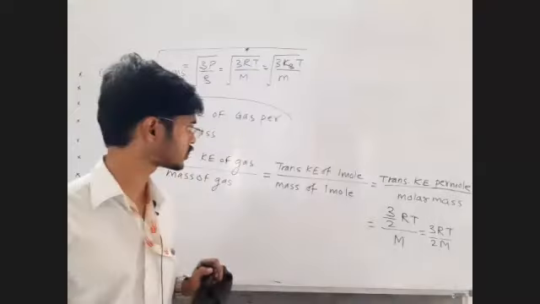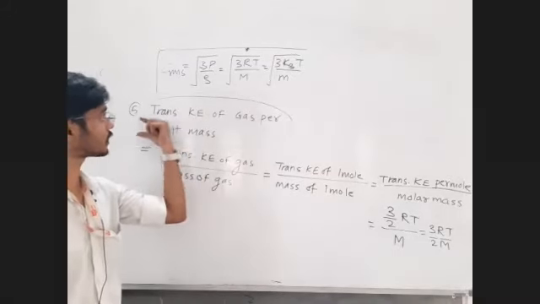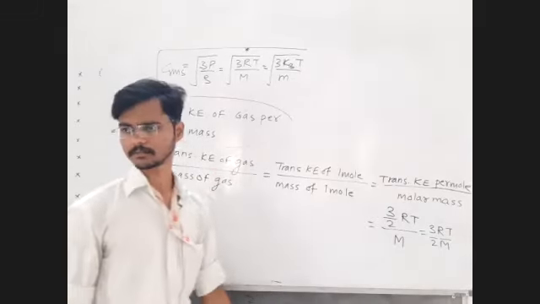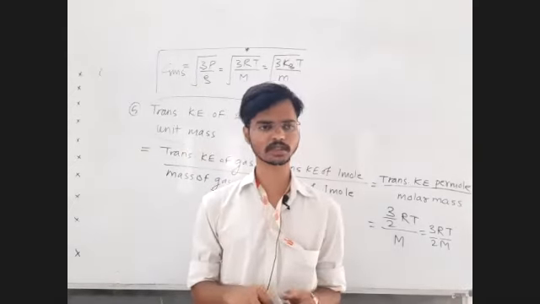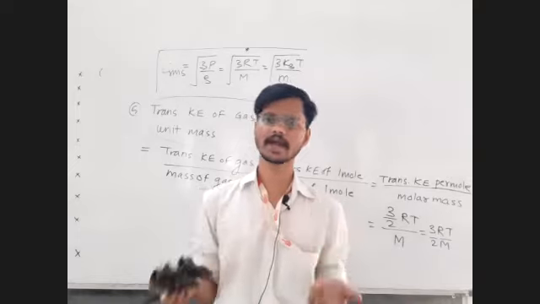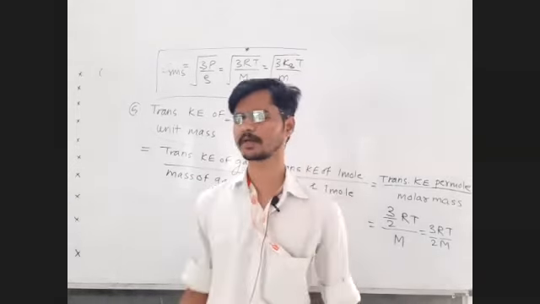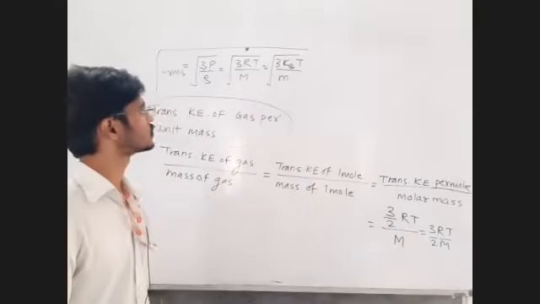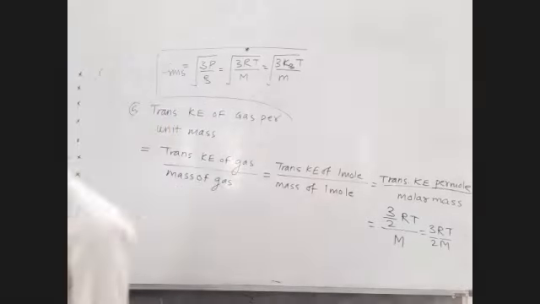If you find any new variation, you should be able to find out the answer of that phrase, whatever heading or point is given to you. They can ask per unit mass, per unit volume, the energy of one molecule, the energy of one mole, or the kinetic energy of a gas, that is n moles. All the variations are covered, they will not ask anything different from this. Okay, all the variations are already done. So we are now prepared for all the types of examples also. Okay, fine.